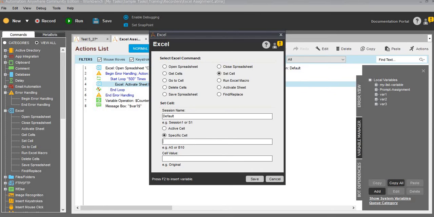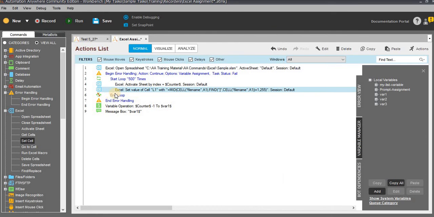So my suggestion is to please move to the end of the columns like BO, BE, or else if you feel it has many columns with values previously available, then you can use the go to end. In my case, I have only a few columns, so I'll update the values into the specific cell L1, and the cell value. So here we have updated the cell value as the sheet name formula. And after that, I